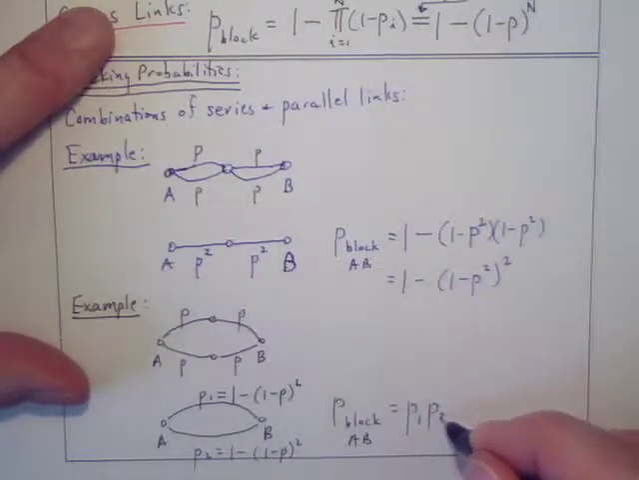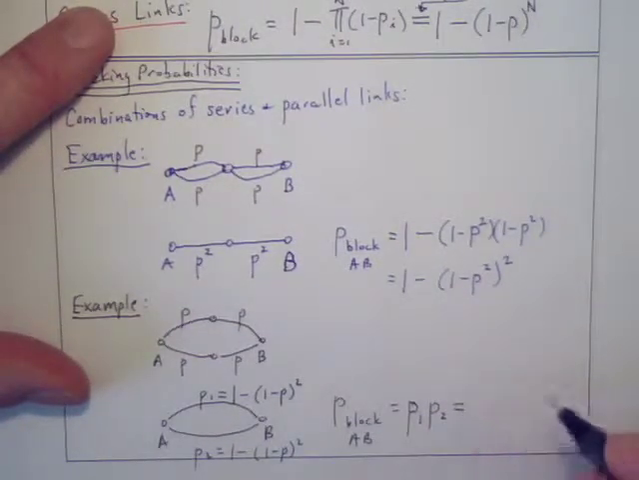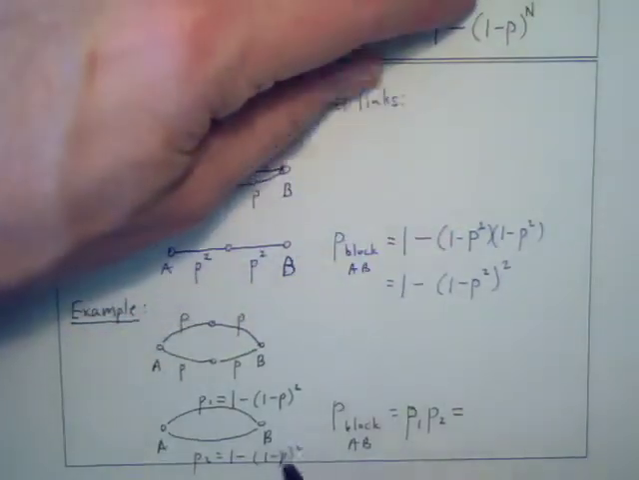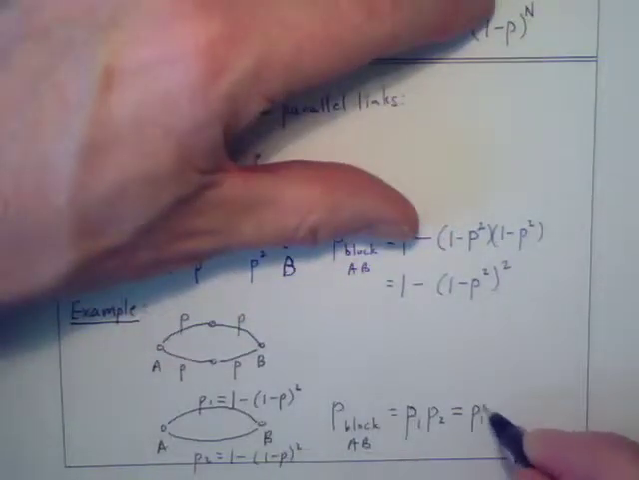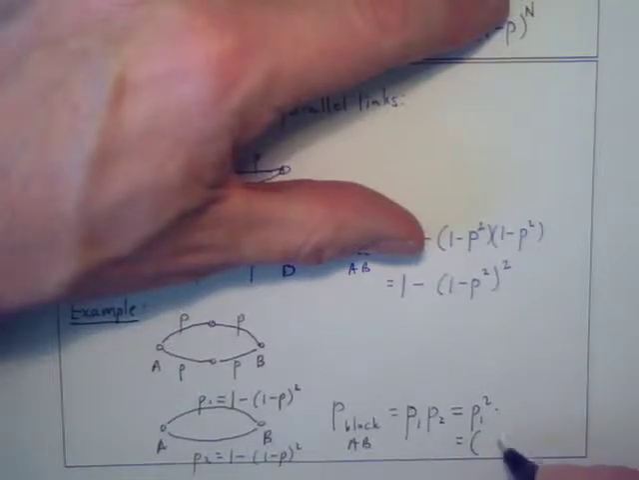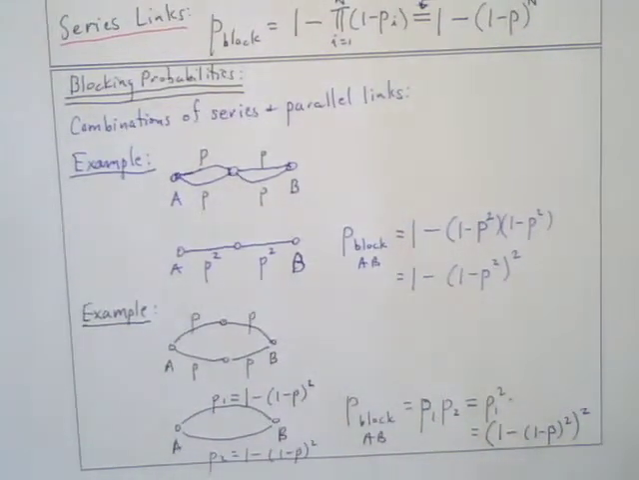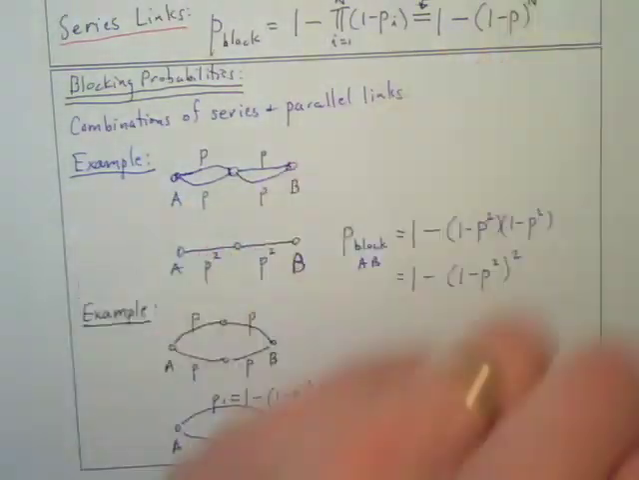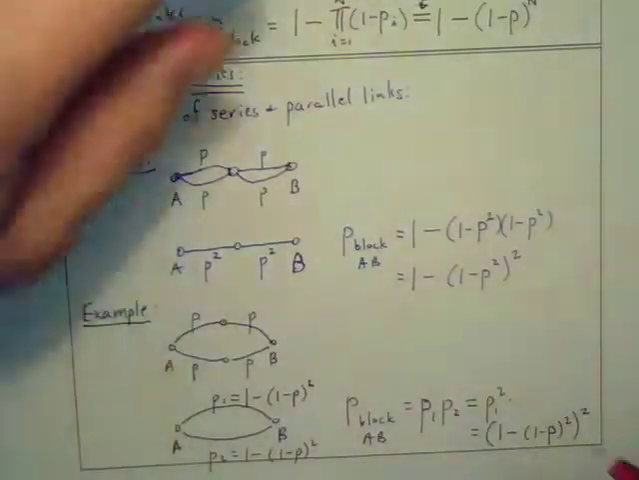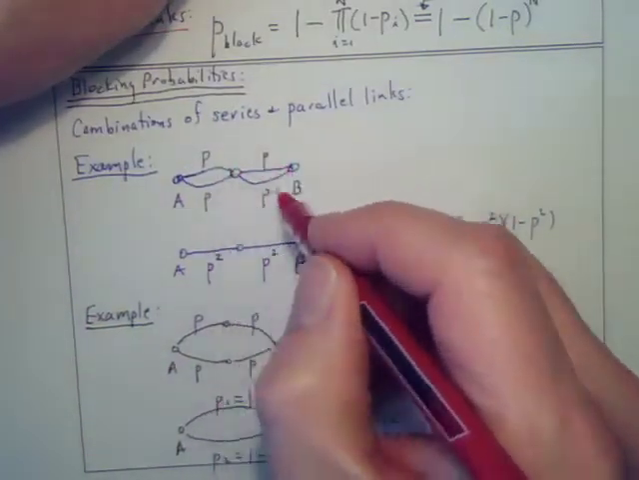P1 times P2, right? And P1 and P2 are equal, so it's just P1 squared. And so it's the quantity 1 minus P squared, and now it's that thing squared. Okay? And so those are two of the simplest examples we can come up with where we're combining series and parallel links. Okay? I'll leave it to you as an exercise to show that if all four of these probabilities